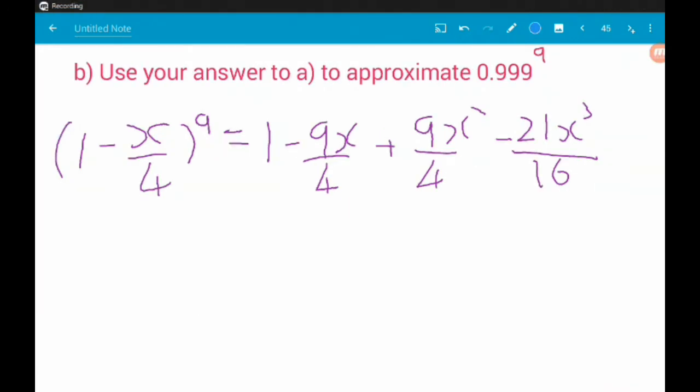Again, and finally we want to use our answer to part A to approximate 0.999 to the power of 9. So, we have an approximation of an expansion. So we have an approximation to the expansion of 1 minus x over 4 to the power of 9. So we set 1 minus x over 4 equal to